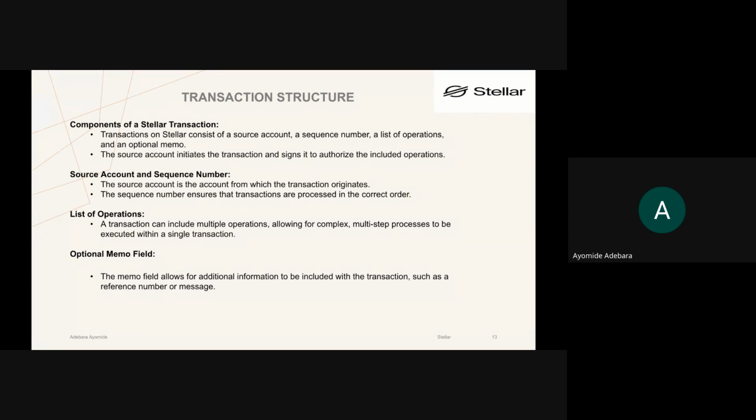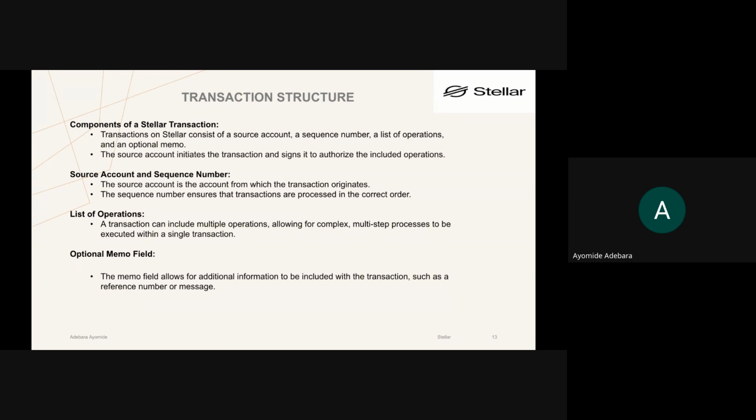Another one is the sequence number. I was talking about the sequence number when I was giving an illustration in time past of what we call nonces. So when you're sending a transaction, each transaction has its own sequence number, and each sequence number must be used.